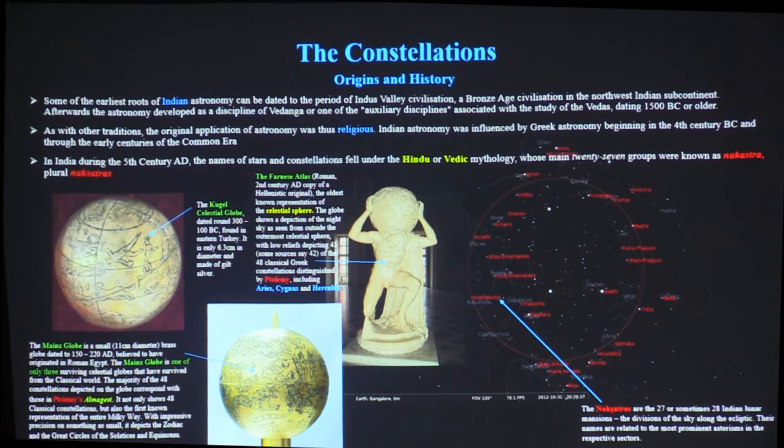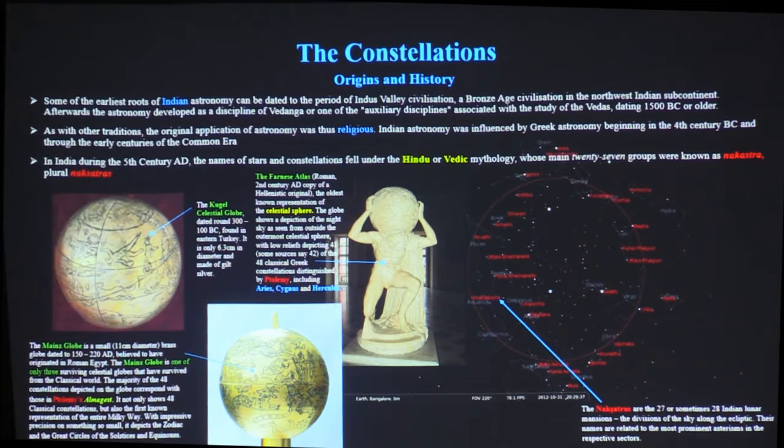Now, how did all this happen? Because the Greeks were in Egypt before the Romans, and so these early Greek astronomers got their information, probably filtered through from Babylonian civilization, as I said earlier, and that information was transferred to the Romans too, and they created these marvellous globes with actual constellations on them.